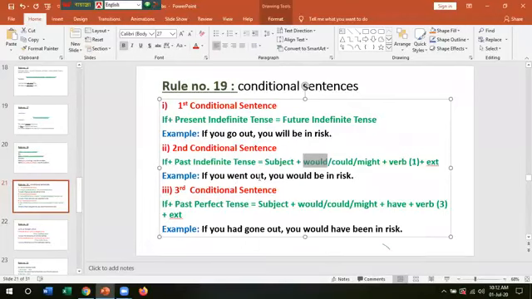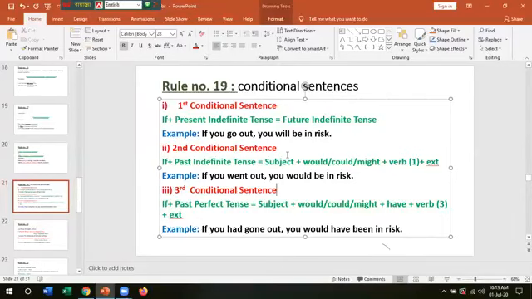If you went out, if plus past indefinite tense, went out, you would be in risk. Here we have used subject plus would plus the base form of verb, that is be, and in risk is extra. Extension, okay. Then the third and the last conditional sentence, third conditional sentence: if plus past perfect tense is equal